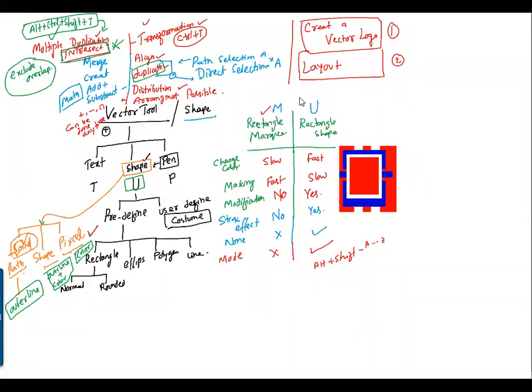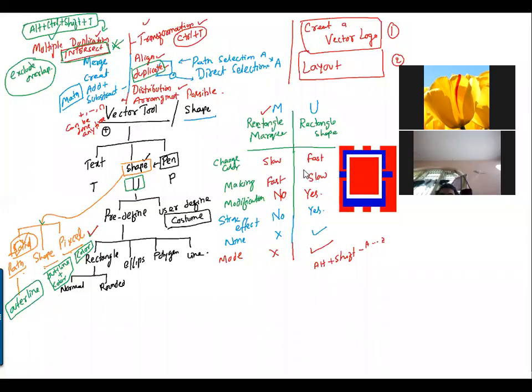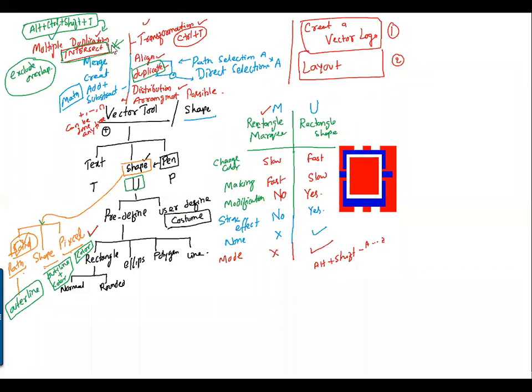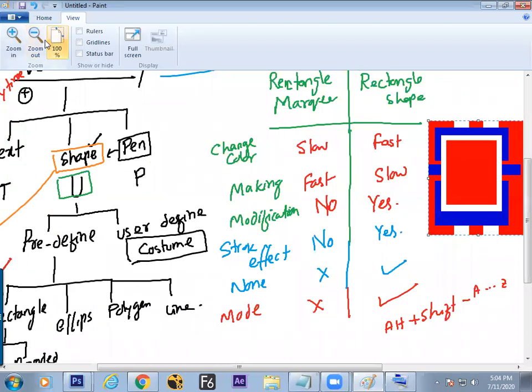And we have seen a comparative knowledge, like why to use rectangle shape rather than rectangle marquee. What is not possible with that and what is possible with this. And what are the duplications, what are the extra things we can do, and what options bar does have more with the shapes. And how the pixel format of these shapes can make us. So addition, subtraction, clear, behind, all the color modes can be fused inside the shapes to make the layout. And we have seen how to make logo designing and layout designing. Have a try, and if anything is there, we can get it clear in the next class.